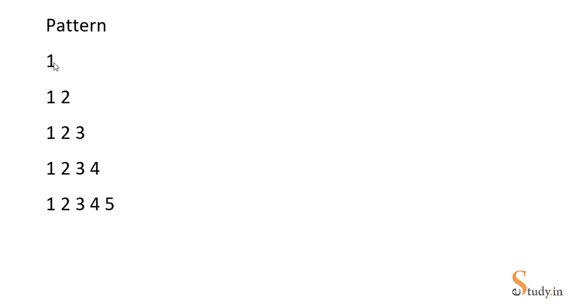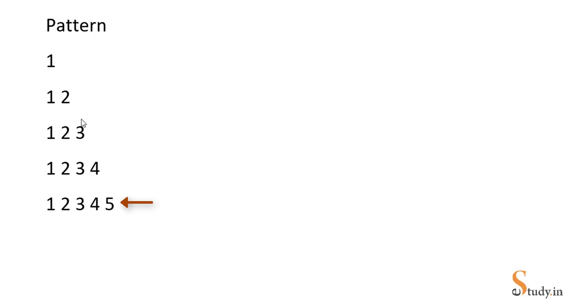So this is the first number. In the first row we just have one column. In the second row we have 2 numbers, first number 1 and then number 2, so basically 2 columns. And in the third row we can take it as 3 columns. In the first column we have 1, then 2, then 3. Similarly, in the fourth row we have 4 columns having numbers 1, 2, 3, 4, and the 5th row has